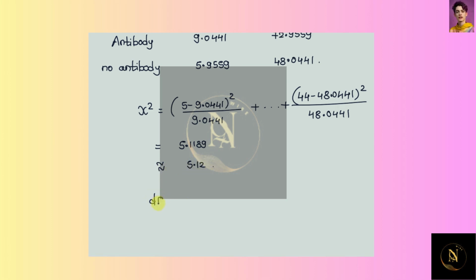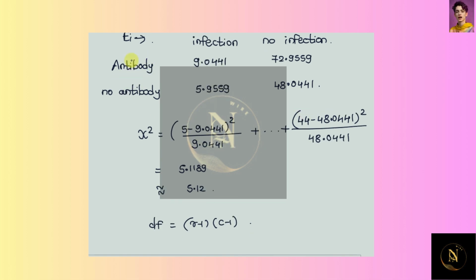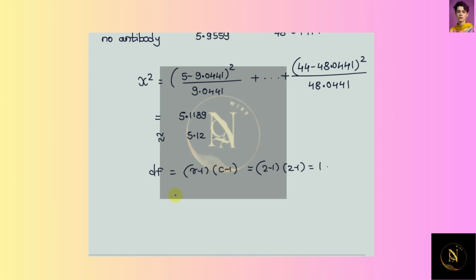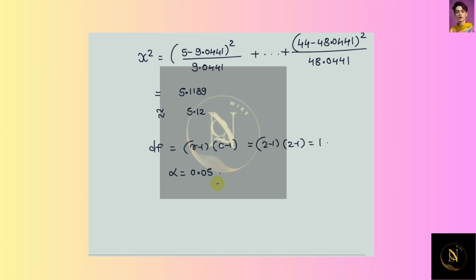Then the degrees of freedom for the given test is (r minus 1) times (c minus 1), where r is the number of rows and c is the number of columns. Here there are 2 rows and 2 columns, so this is (2 minus 1) times (2 minus 1). Therefore the degrees of freedom are 1. We are also given the significance level alpha equals 0.05. Using the chi-square distribution table, we get the required p-value at the test statistic 5.12